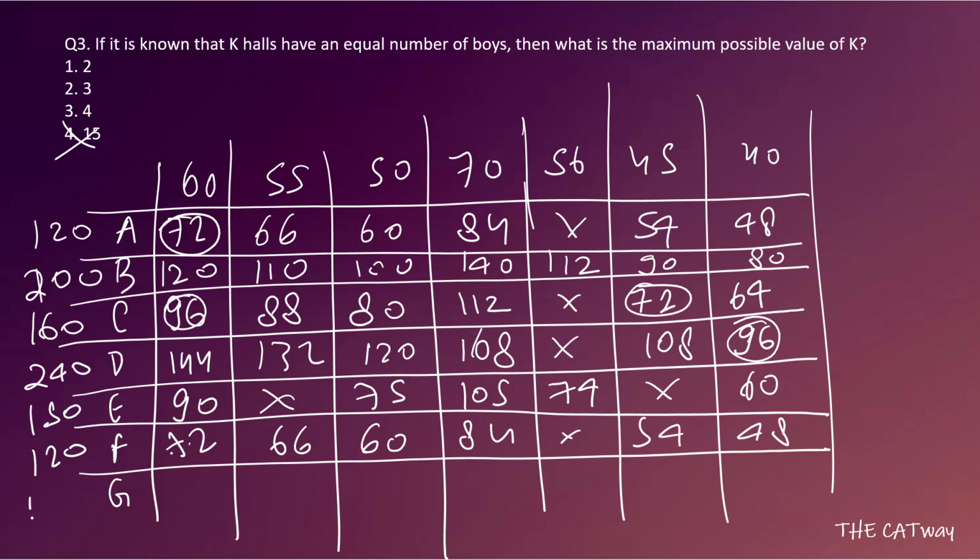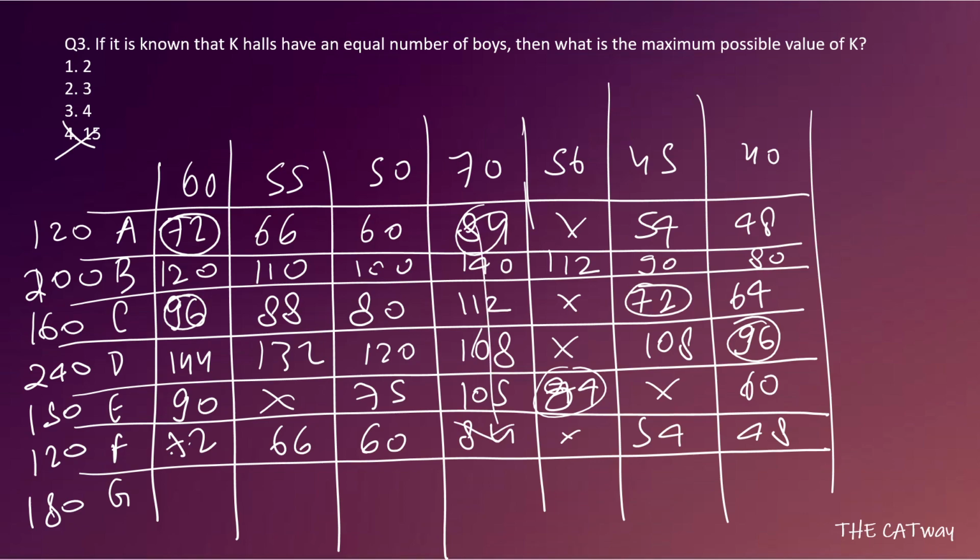Then we have G, we have 180, 72 has occurred. As of now, how many times? Okay, till now only two times has it occurred. Any other number which has occurred more than that? I don't find any other number. So let's see what we can do. Okay, so I guess 56 it is not possible, so it would be 84. Okay, 84 has also repeated itself, so two times it has also been repeated. This one cannot be counted because they are in the same line. So let's keep it out.